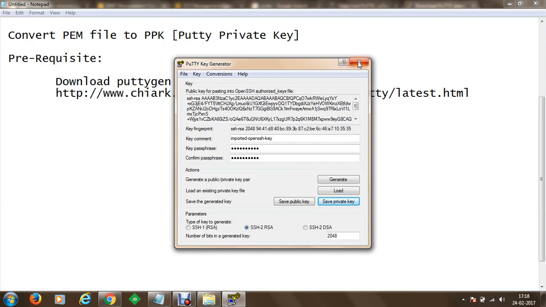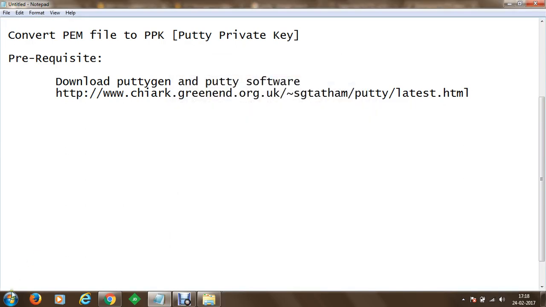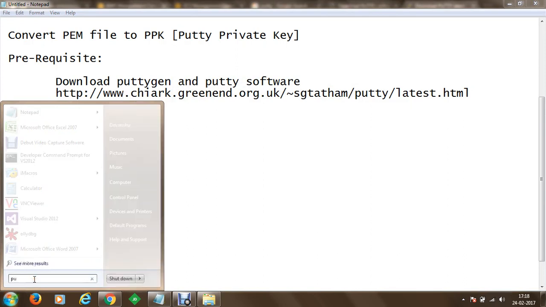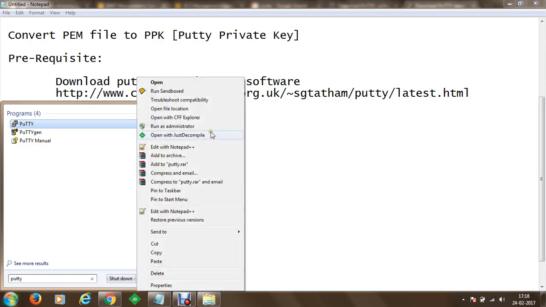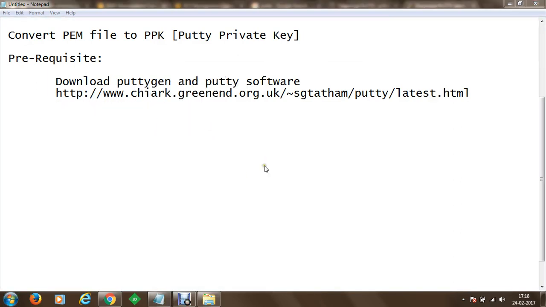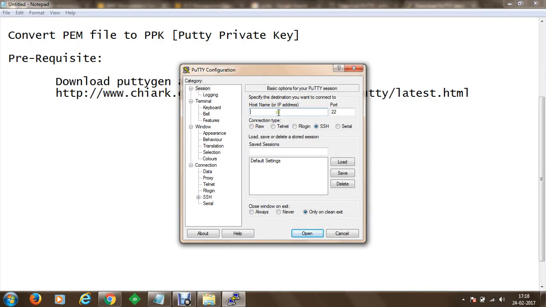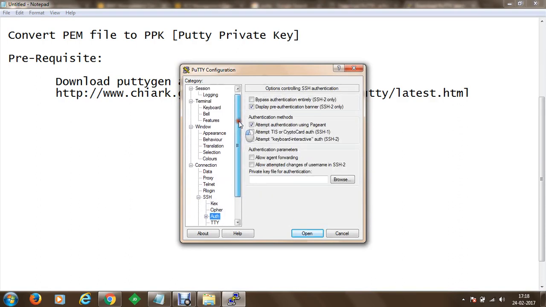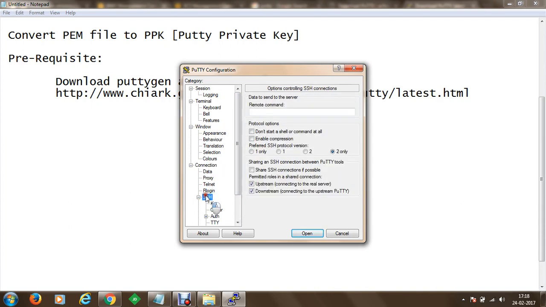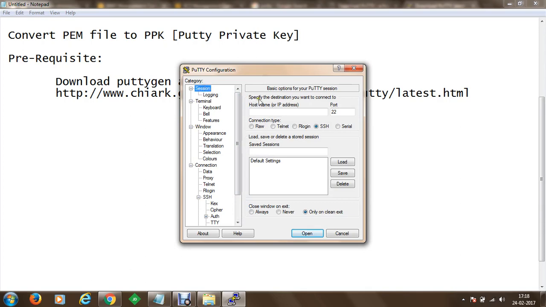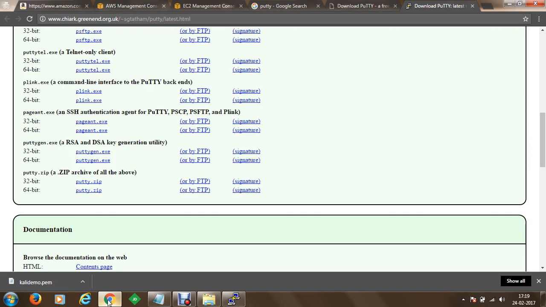To connect to the server, we're going to make use of putty.exe. We can use the command putty.exe. We can run it as an administrator. Once we run it as an administrator, we can proceed to connect to a host name, and we can connect our PuTTY key in the authentication section. To do this, we'll click on the SSH key first, and you can go to the session wherein you can provide the value. So at the session, let's just get the username first.